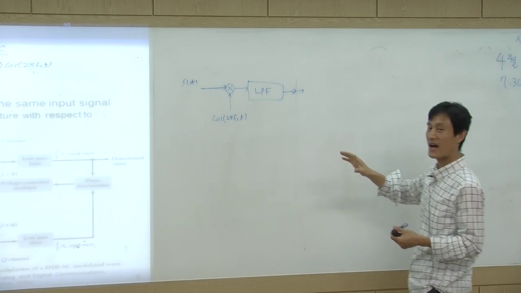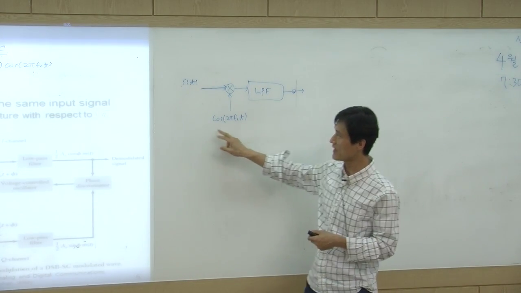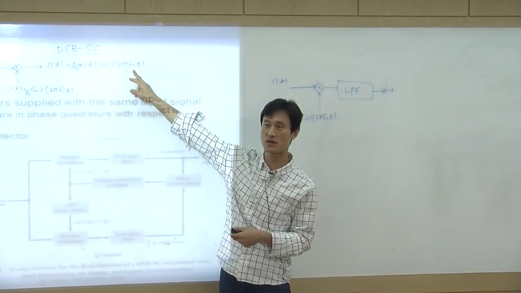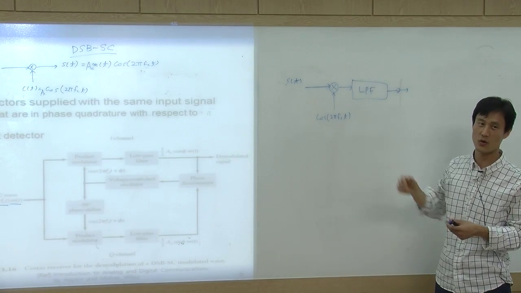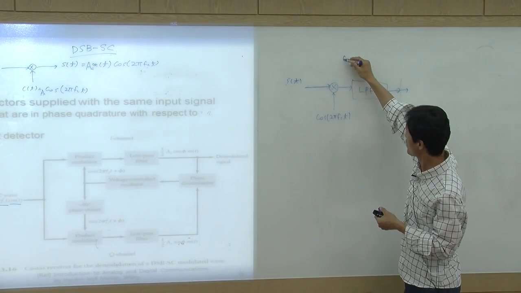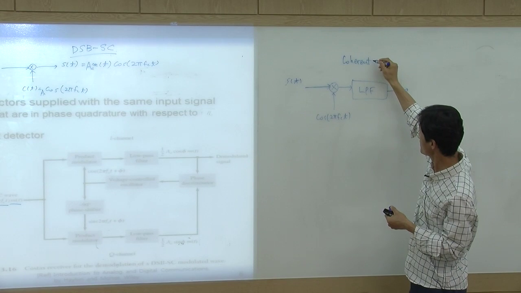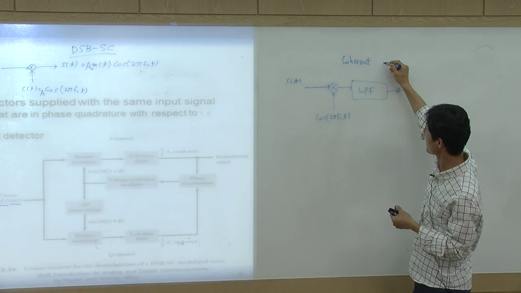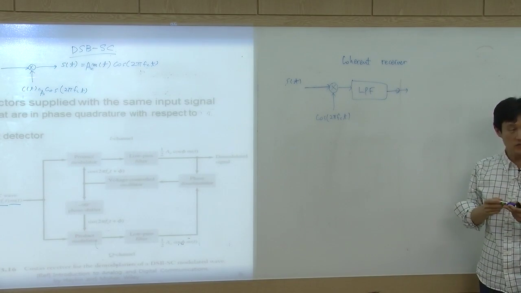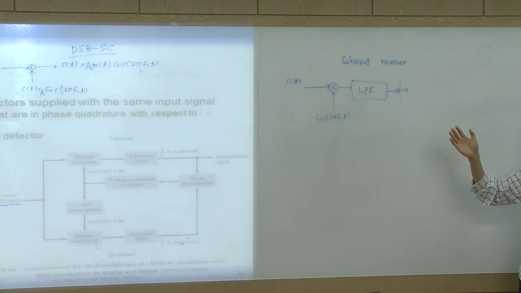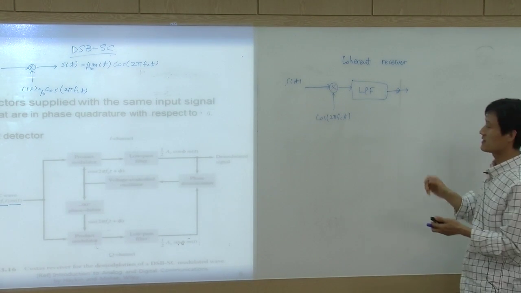So this is the very ideal case where the phase is exactly matched with the transmitter. The transmitter has a phase 0, but the receiver also has a phase 0. That means this is a coherent detector. This is why when you learned this, you probably heard about coherent receiver or detector or communication. So this is coherent because the phase is matched. Both are phase 0. So if the phase is 0, this works. This is fine. But now the problem is phase can never be 0